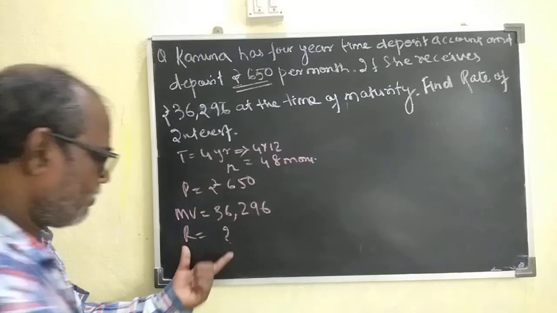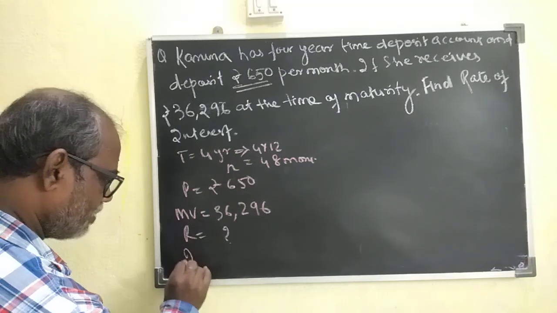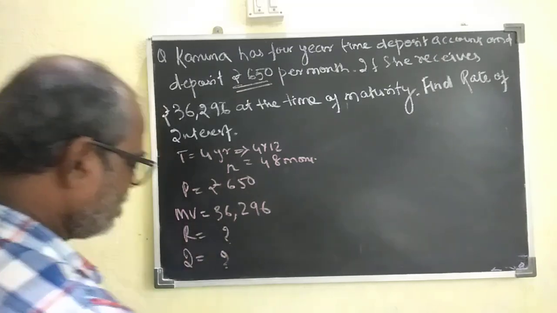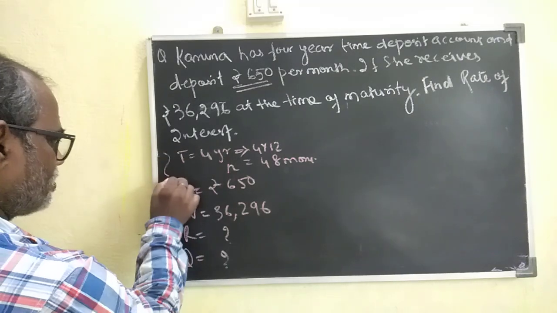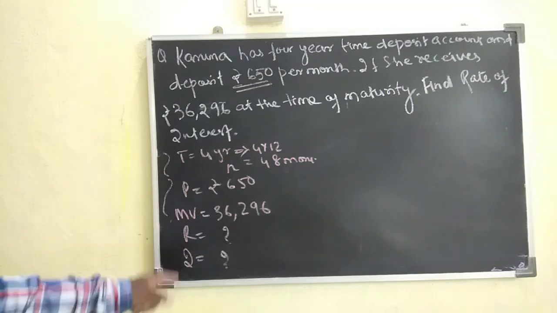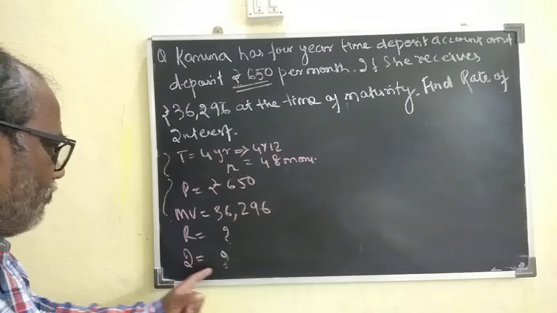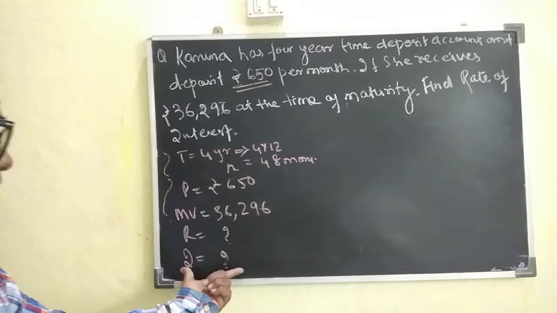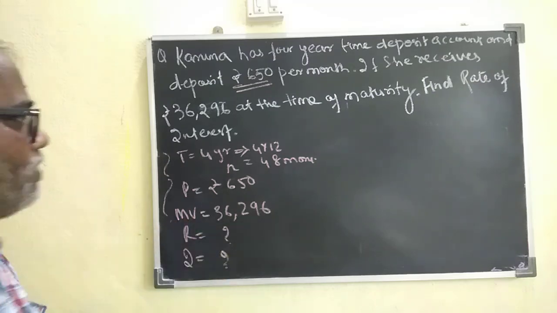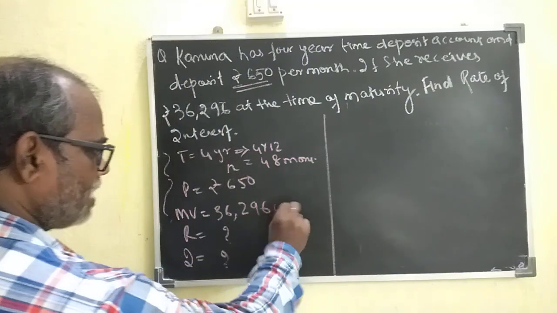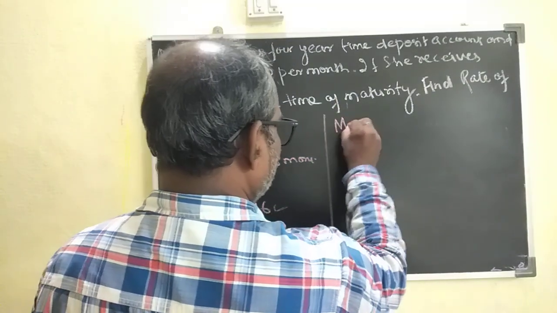To find out the rate of interest, we should know simple interest I equals question mark. So we have to find out the interest with the help of these 3 terms. First we have to find out how much is the interest. So how to find out the interest? We have to use the given formula MV equals